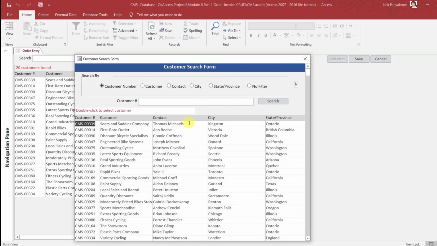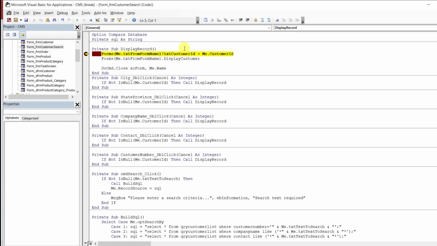So I'm going to double click this guy. See, that's good. Form order, that's good that it sees form order, and we got the ID. All right, and it's going to call display order, I mean display customer. So now if we go back to order